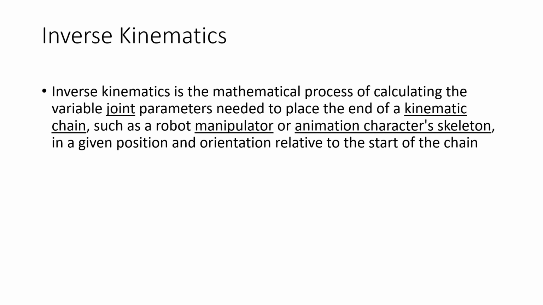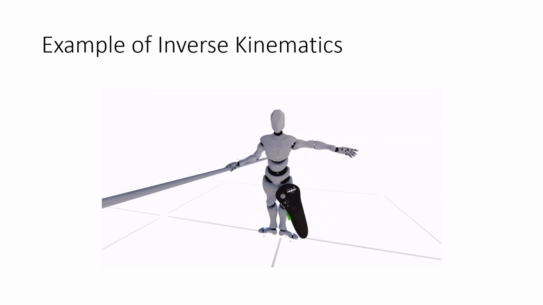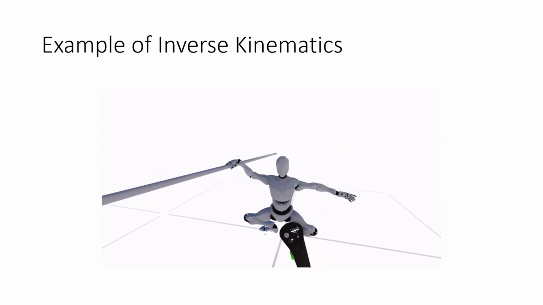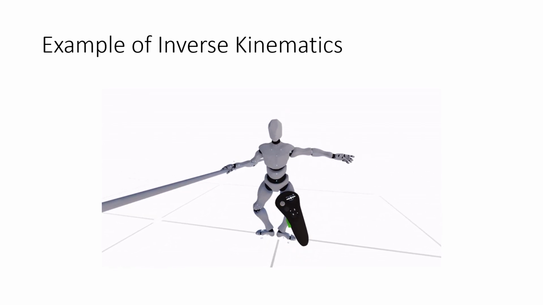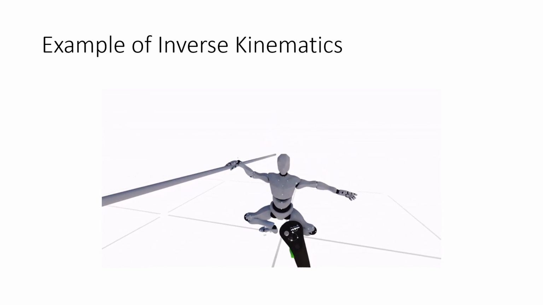Inverse kinematics. It is a mathematical process of calculating the variable joint parameters needed to place the end of a kinematic chain, such as a robot manipulator or an animation character's skeleton, in a given position and orientation relative to the start of the chain. For example, here, it's a study of biomechanics, giving different points to the main joints, and